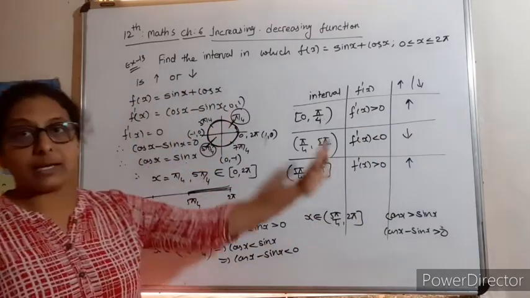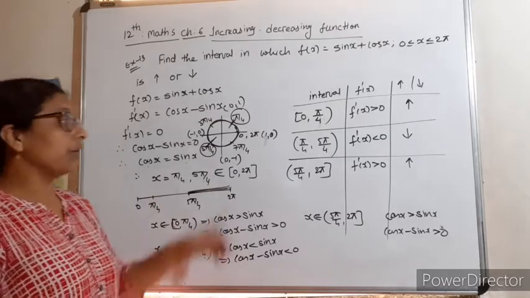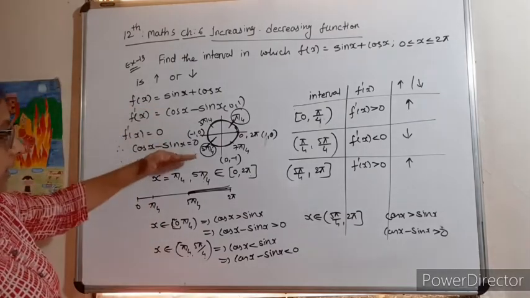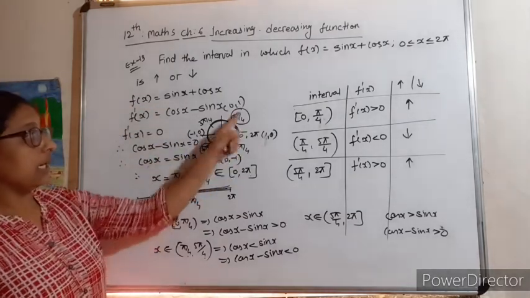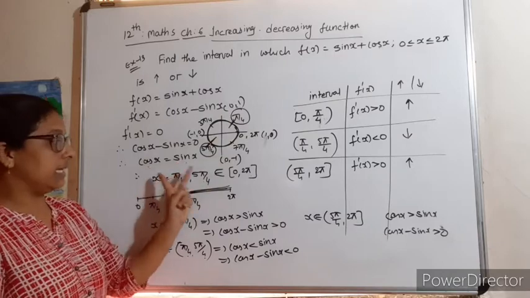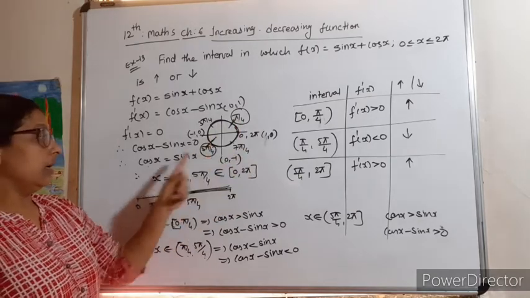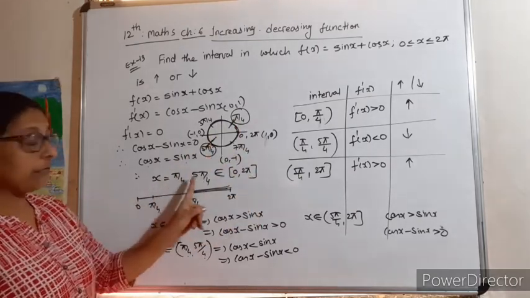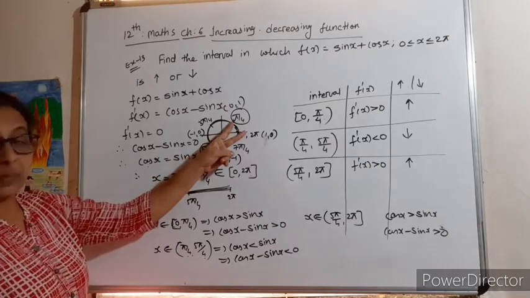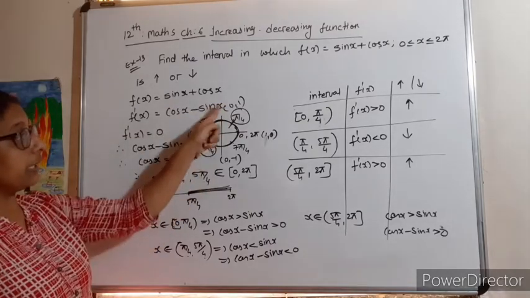So whenever this trigonometry sum comes, you will have to remember positive, negative, increasing, decreasing and the quadrants. Then you can find in which interval it is increasing and in which interval it is decreasing. You understand that? We did this: the value of cos and sin is 1 by root 2 here, but according to the quadrant, in the first and third quadrants cos and sin are equal, here there is a plus-minus difference, so we will not take this, we will take this. It belongs to 0 to pi. Okay, so pi by 4 and 5 pi by 4 divide this 0 to pi into 3 parts. In the first, 0 to pi by 4, cos is greater than sin, therefore f dash x is greater than 0. In pi by 4 to 5 pi by 4 it is a decreasing function.